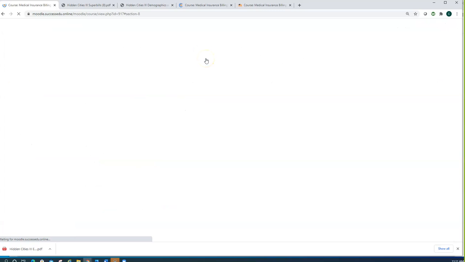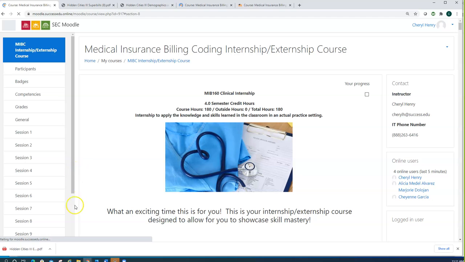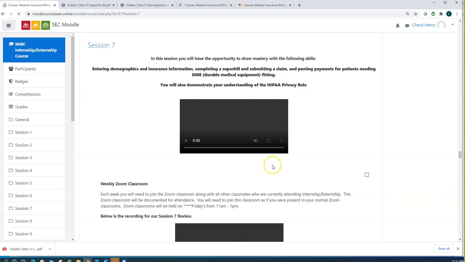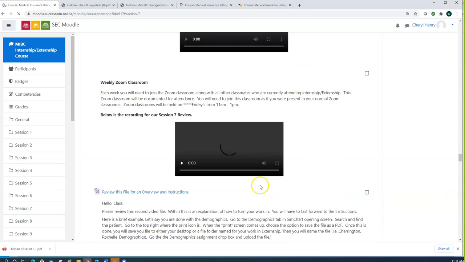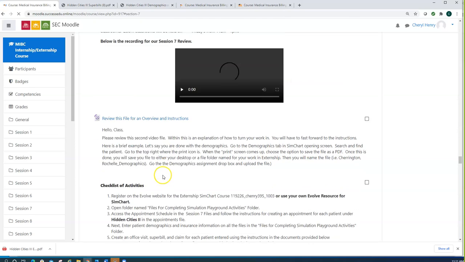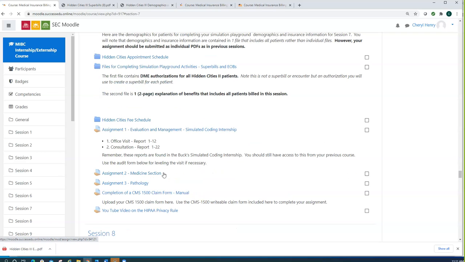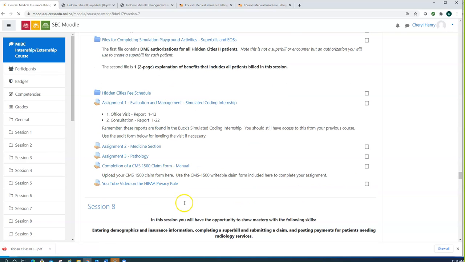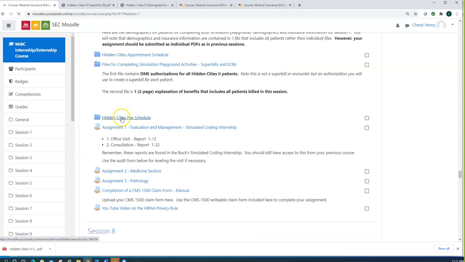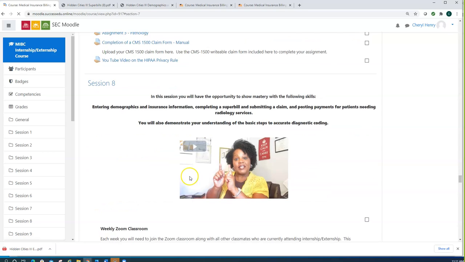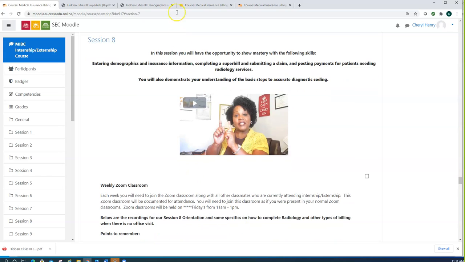What I'm also going to be making available to you, and this is a key document that you'll need, if you haven't downloaded it from the previous week, is the fee schedule for Hidden Cities that you actually use. I'm going to move a copy of this to session 8, mainly because, remember, even though in the Simulation Playground and SimChart for the Medical Office, which I'm going to open up right now,